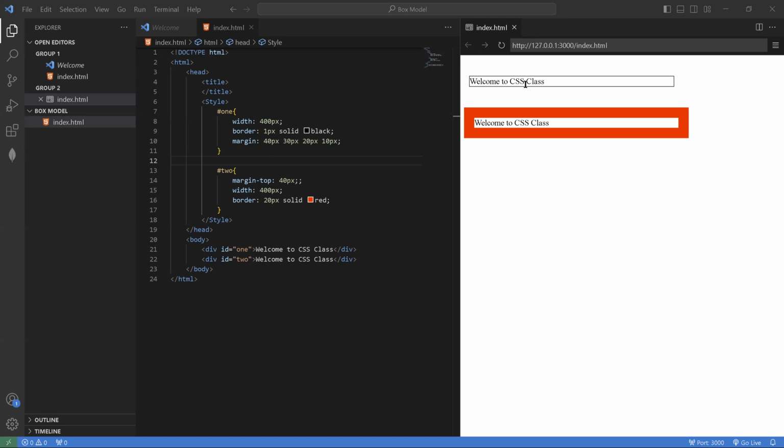Now, if you look at this other div, notice that initially they have the same width of 400 pixels, 400 pixels. But by the time we increased this margin, you will notice that the size of this second one has increased. So it simply shows that, okay, before I point out the next